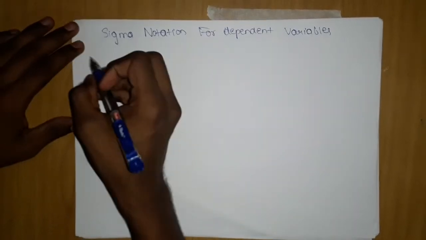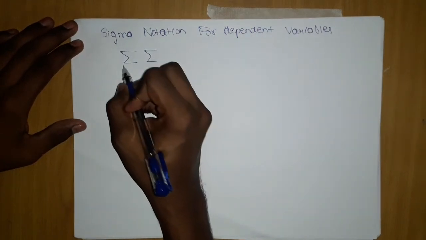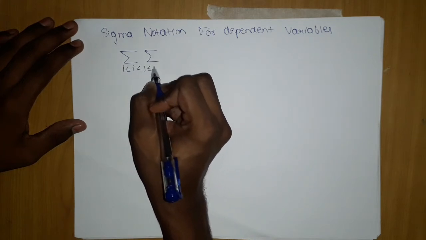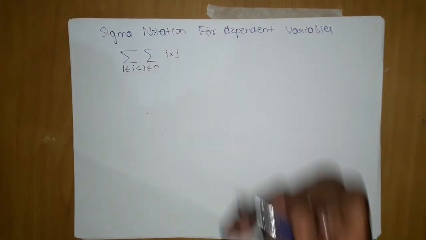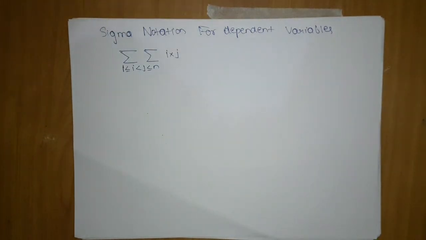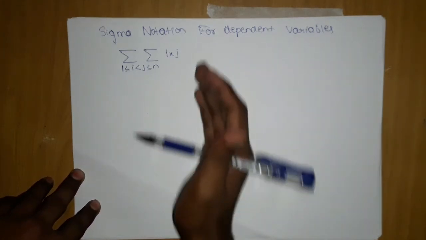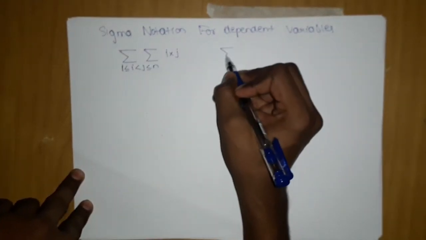Okay, so the thing is like this. If they tell you, or if you see somewhere something like this, the summation with i greater than j up to n, of i cross j, how do we find its value? That is the main problem in this section. So how can you get this value? It is very easy. But before that, let's understand the independent one, which is this one.